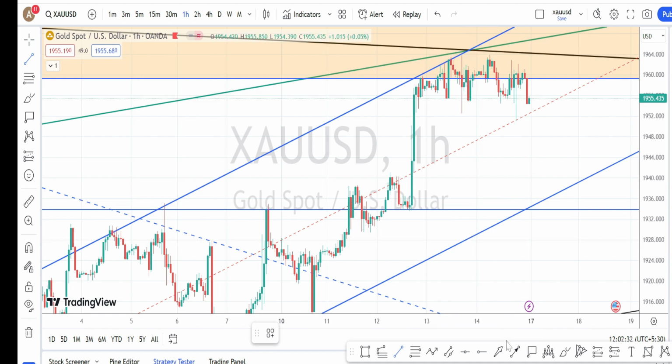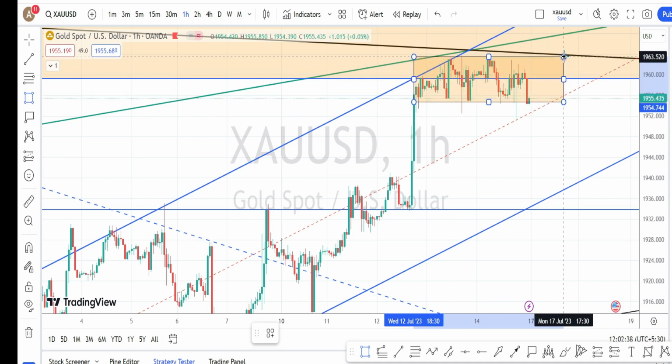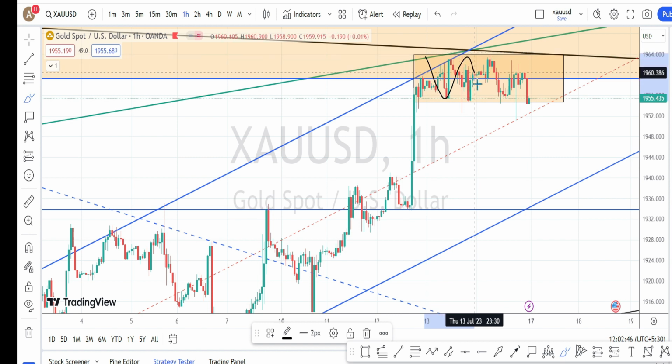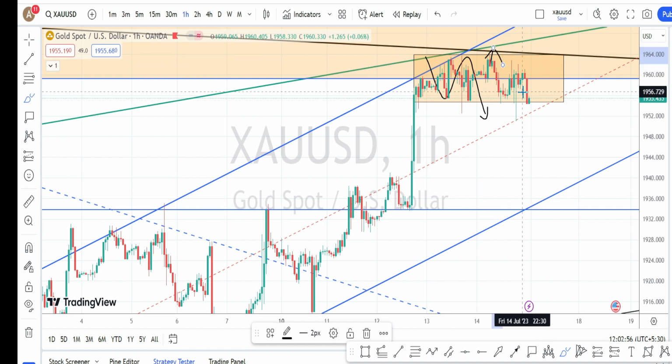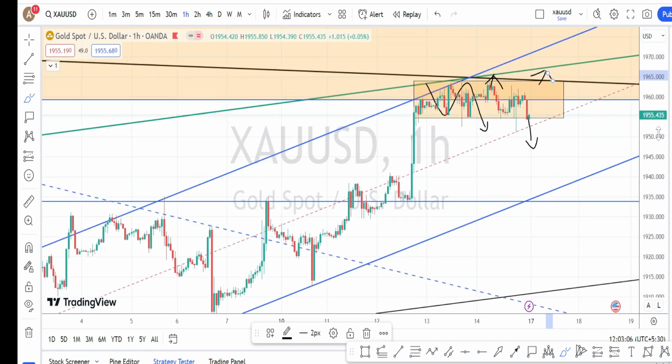I am in hourly time frame, and when we look at the price action for the hourly time frame, we can notice that price action has consolidated within this range on a sideways momentum, which means that the buyers and sellers are in equal strength within this rectangle pattern. Wait for the price action to give a breakout on the bearish side or on the bullish side from this consolidation in order to freshly enter on the bullish side trade or on the bearish side